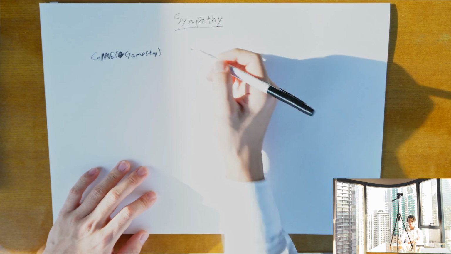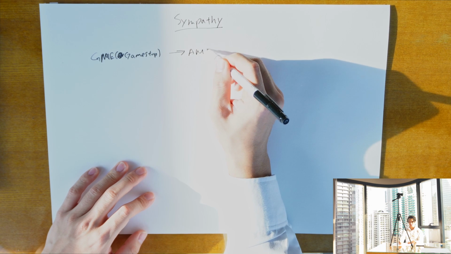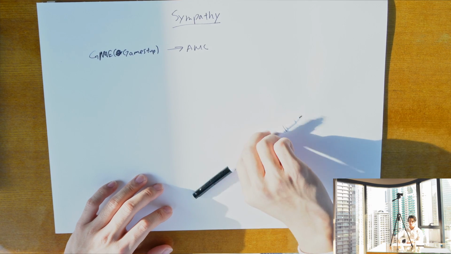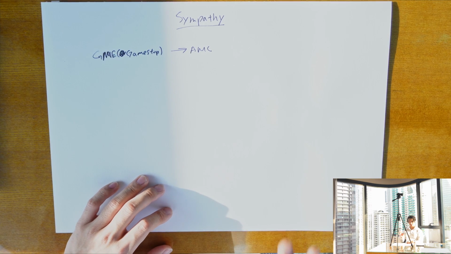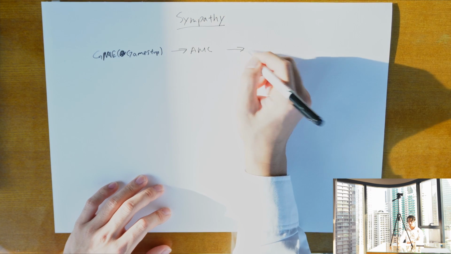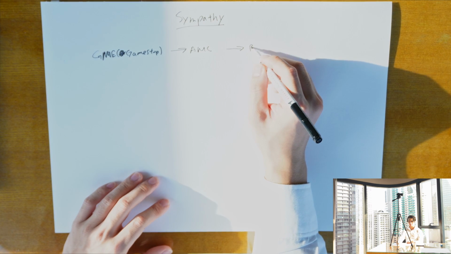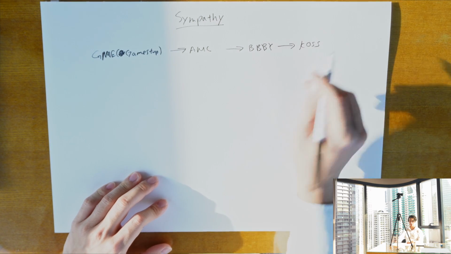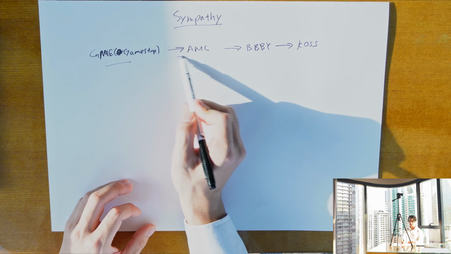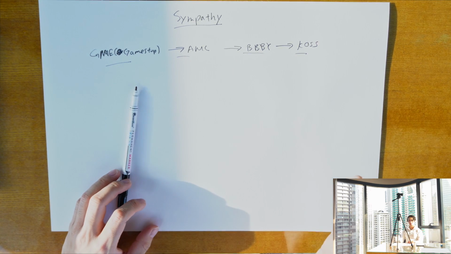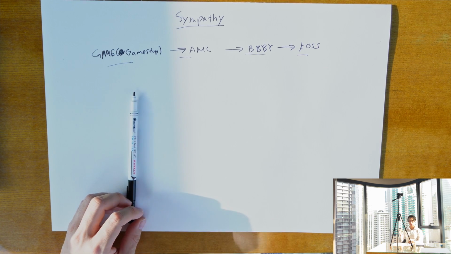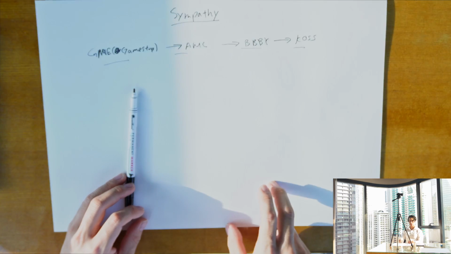And so what happened? AMC began to go up like a couple 100% in a couple days, right? With AMC, a similar narrative, the short squeeze narrative. After AMC was Bed Bath and Beyond, BBBY, and etc. Costs, right? This is another company. So basically, the narrative was all of these companies were highly shorted because investors were betting that these companies would go bankrupt, so they were shorting the stock, expecting the price to go down. And so